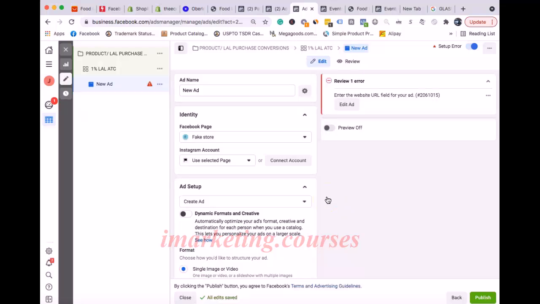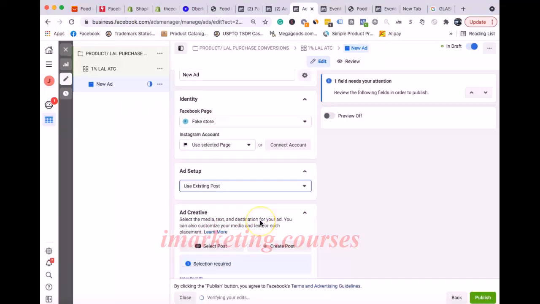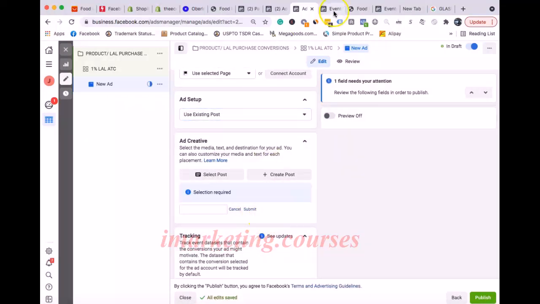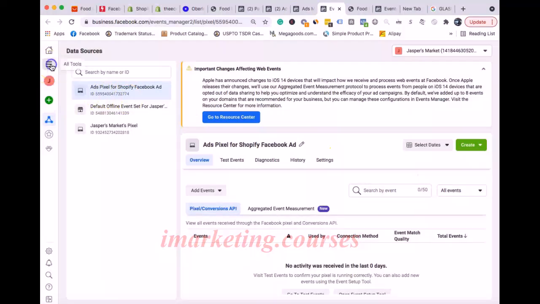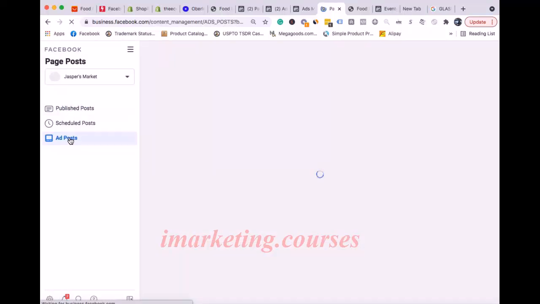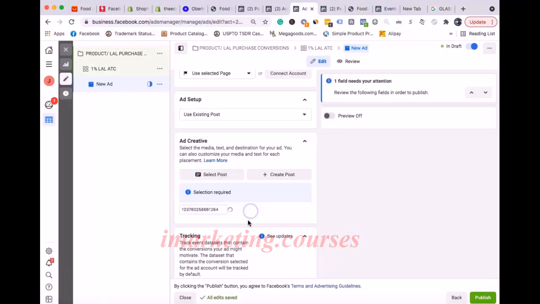and the ad you're going to use for your lookalike audience is going to be the same ads that you were using for your original interest campaign, okay? So you're going to basically add the same 3 ads in the ad set, okay, by using the existing post. So what you're going to do is just click here, click Use Existing Post, okay, and then you're going to go back to the page posts. So we're going to go to page posts, click on add posts, and again you're going to see the IDs here, right? You're going to copy it back here, click submit,